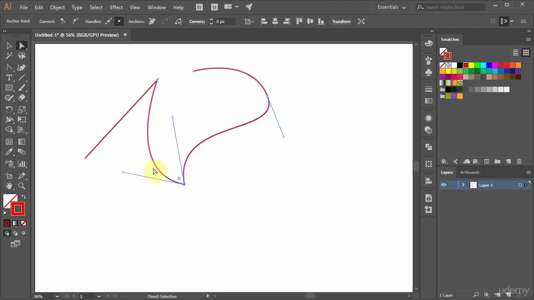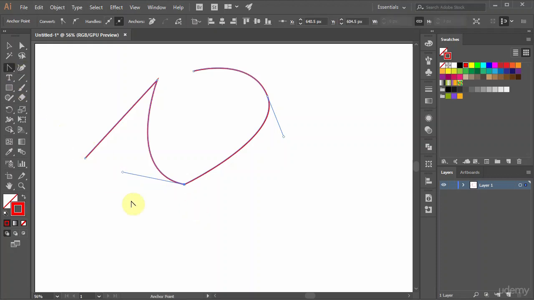If we want to have an anchor point that has a handle only on one side, simply move the handle with Direct Selection tool or the Convert Anchor Point tool and just drag the handle back to its anchor point position. It will snap back and turn off this handle. So now we have a point with only one handle. To get both handles back again, you can click and drag again with Convert Anchor Point tool just like the previous step.